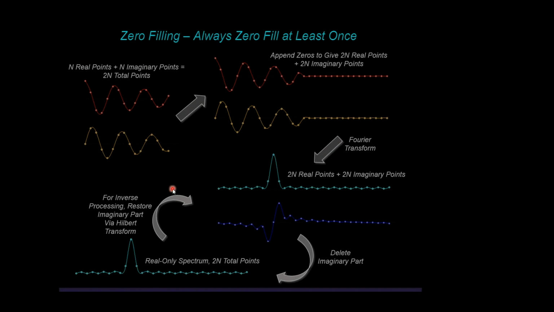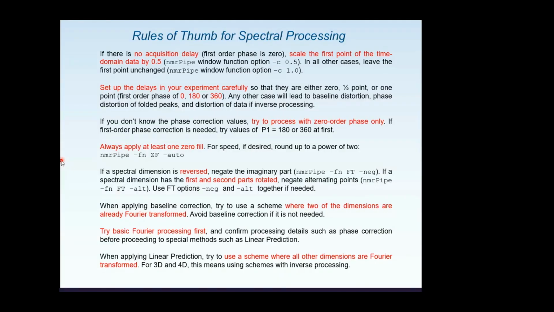And the tool that we use to take a real-only spectrum and reconstruct the imaginary part is called a Hilbert transform. That will only work properly if you've zero-filled the data by at least once. So, two important reasons to make sure you always zero-fill during processing. And these things lead to a set of rules of thumb for spectral processing, which previously we would hold